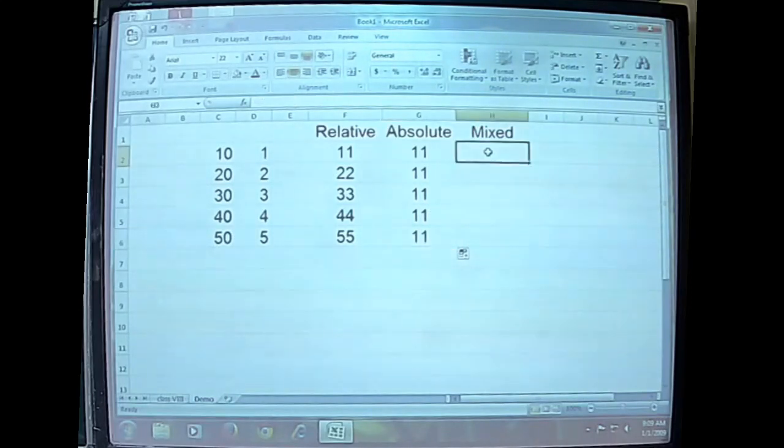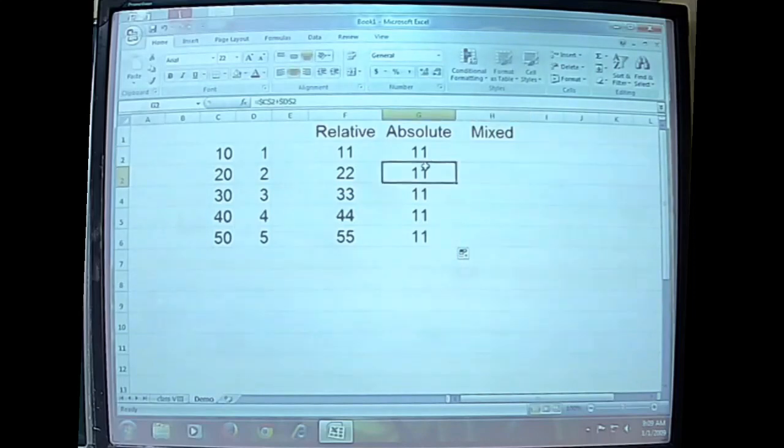Whereas a mixed cell reference is a combination of relative as well as absolute cell reference. Now let us take it. So we will create a mixed reference here, equal to C2 plus, and the next part, D2, is going to be made an absolute cell reference. See how?